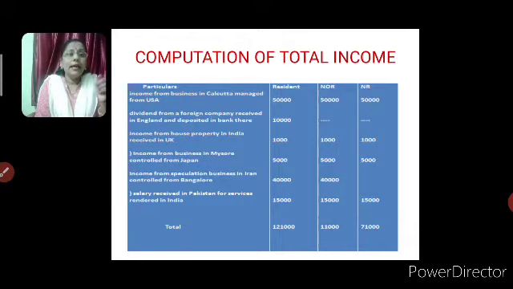The next, income from business in Mysore, controlled from Japan. It may be controlled from wherever. But the first point, what they have given, is income from business in Mysore. So it is there in India, then that will be liable to tax for all the three. If it is in India, wherever the control may be, whatever the case, that is none of our business. We just have to understand that if it is situated in India, then it is liable to tax for all the three: resident, not ordinary resident and non-resident. That is 5,000, 5,000, 5,000.